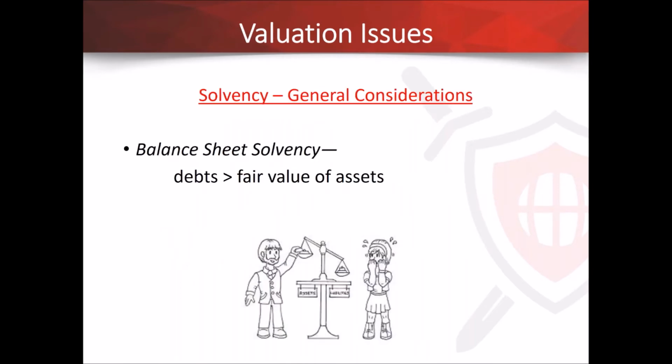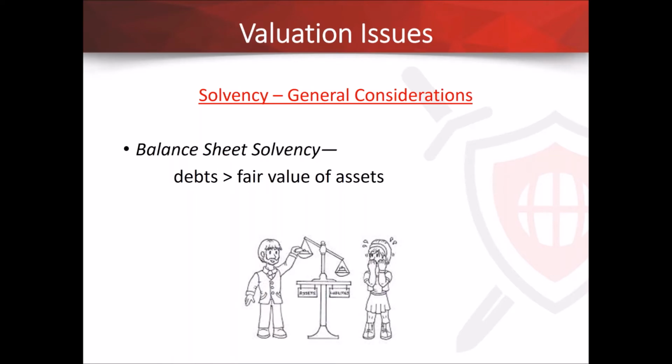And this is looking at this issue of solvency. When we talk about solvency in the asset protection context, one way to look at it is whether a debtor is paying debts as they come due, and the most common way to look at it is just whether the value of the debtor's assets is greater or less than the debts of the debtor. So it's balance sheet solvency, and that's what the courts look at.